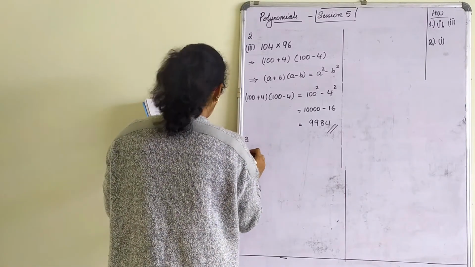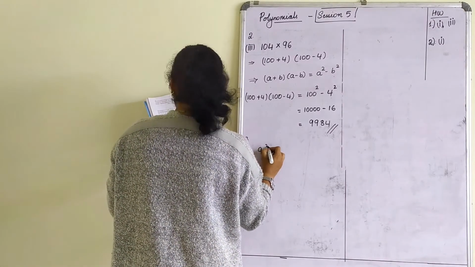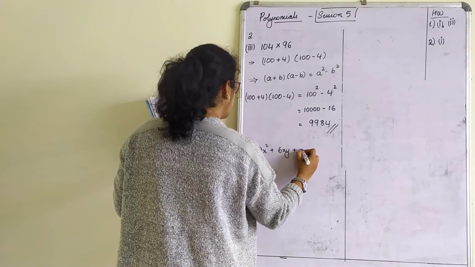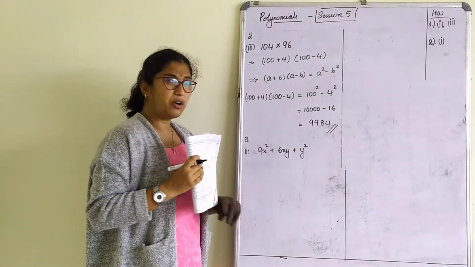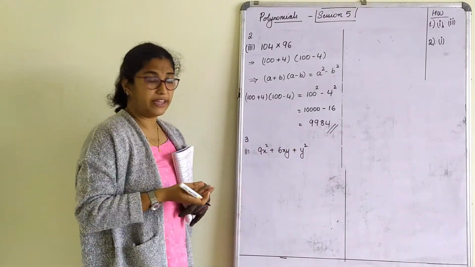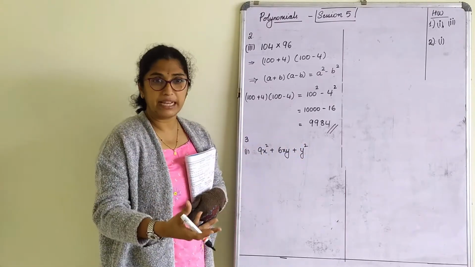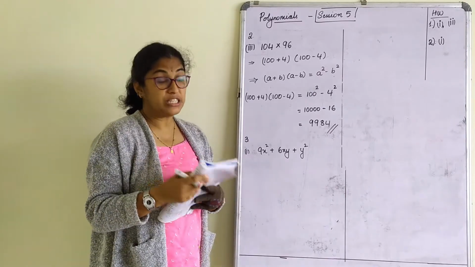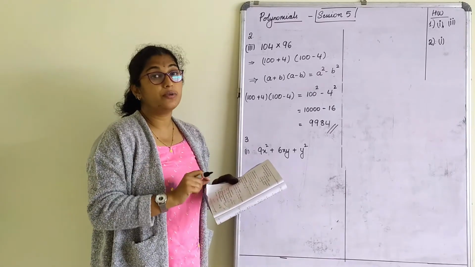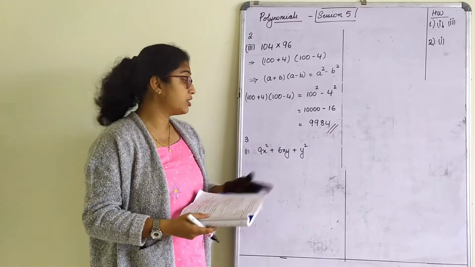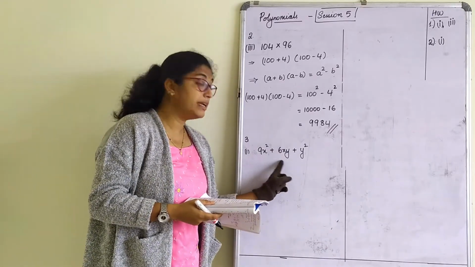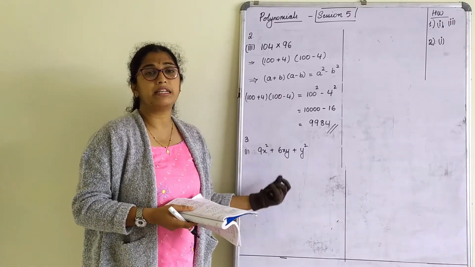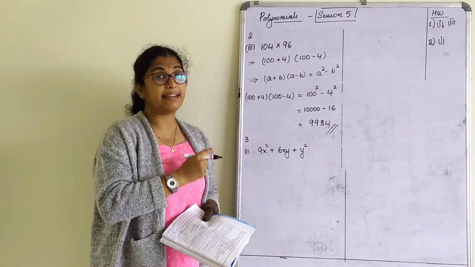So, first part in that, 9x square plus 6xy plus y square. Now we all know that for factorization, what we have to do is multiply first and last term and get the factors, like how we did in the previous exercise. Correct? But the question says factorize the following using appropriate identity. You cannot do this by splitting the middle term. You split the middle term, you get the right answer, but still it is termed as wrong because you need to apply identity here.